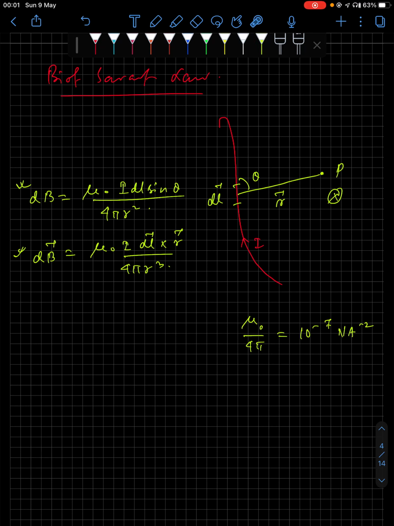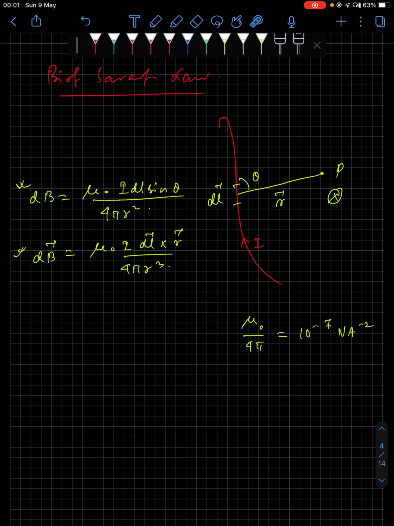So in case the wire is of finite length, these are direct relations. In that case phi 1 will be equal to phi 2 equal to phi. We are considering this distance A as the perpendicular bisector of the wire XY. Now the total length of the wire is L, then half of the length will be L by 2.